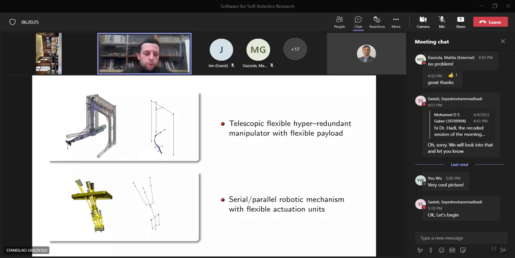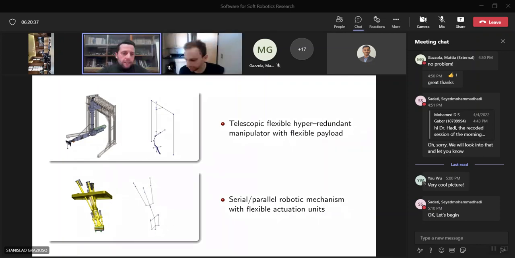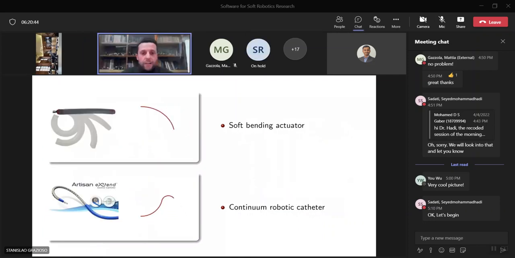And in this case we have also rigid bodies and flexible behaviors of the actuation units. This is just to explain the capability of the framework also on highly articulated structures, more flexible and soft continuum structures. So here some really basic simulations about a soft bending actuator or a continuum robotic catheter, which is composed in